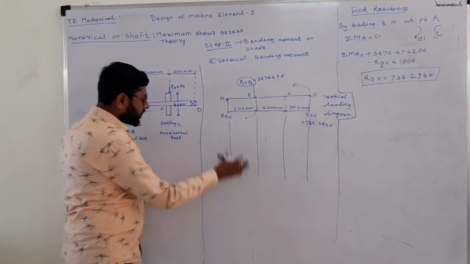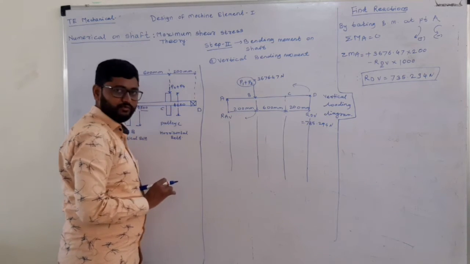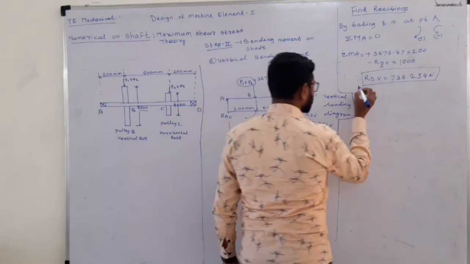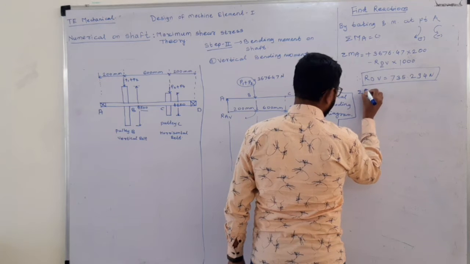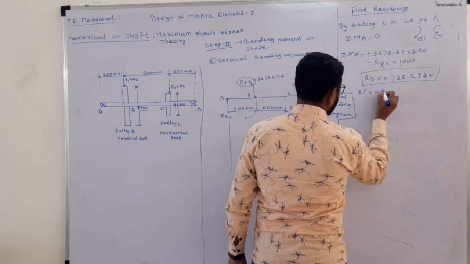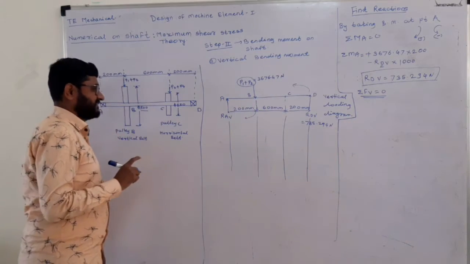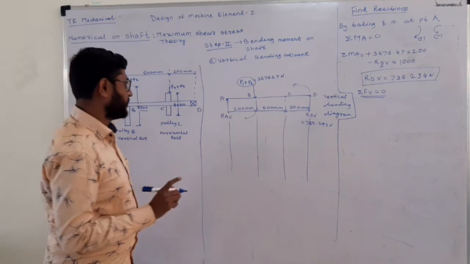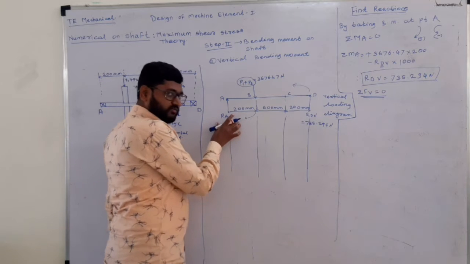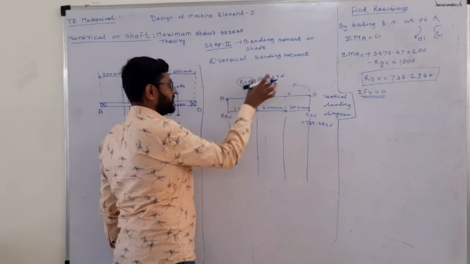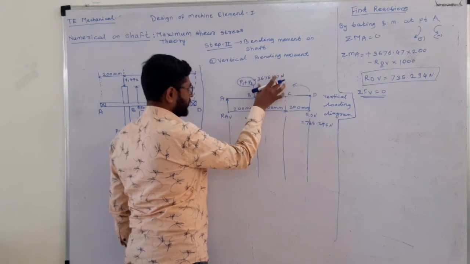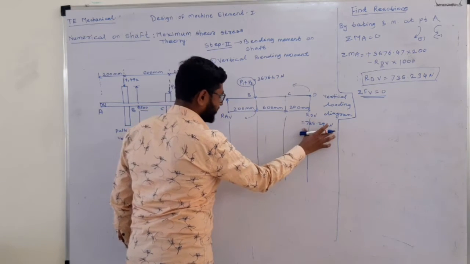But how to calculate RAB? Again, to find RAB, we have to consider the summation of all vertical forces is equal to 0. Here, the vertical forces are RAB, this 3676 force, and RDB,